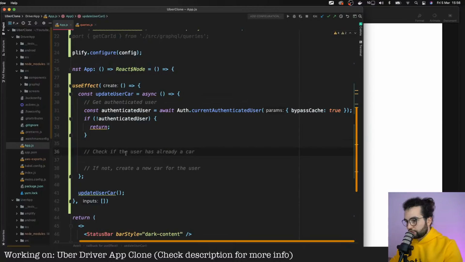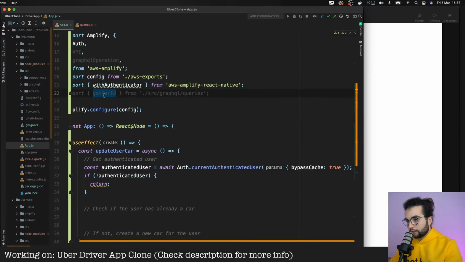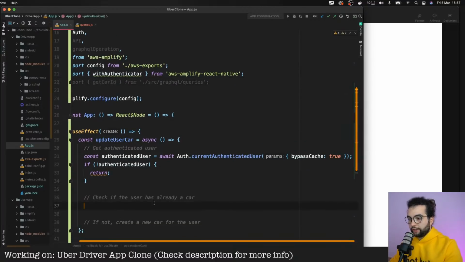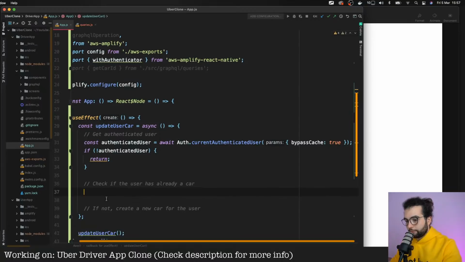Now we should check if a user has already a car. To do that, we're going to do a query with a getCar ID to see if we receive anything from the database.